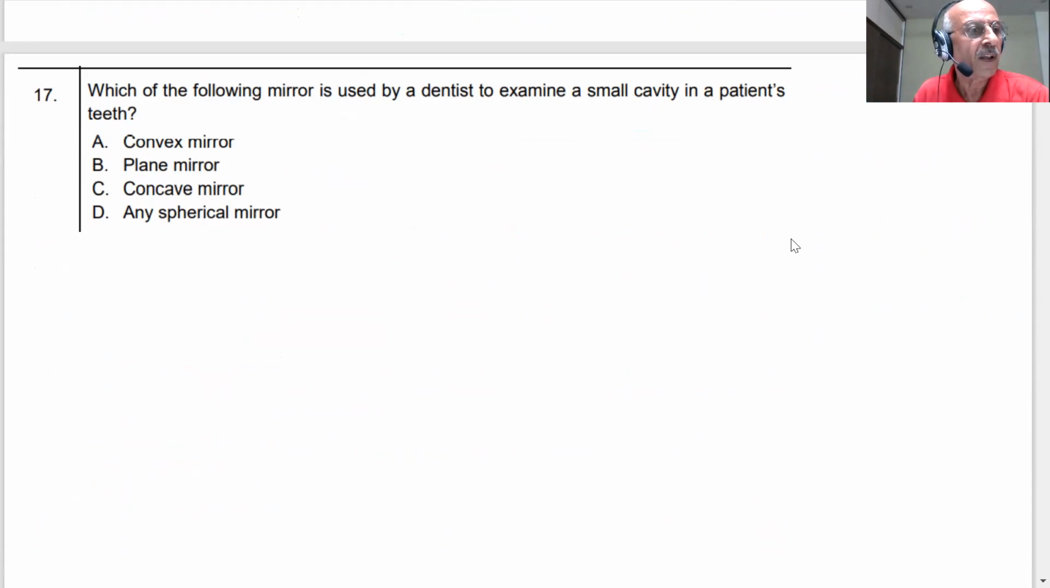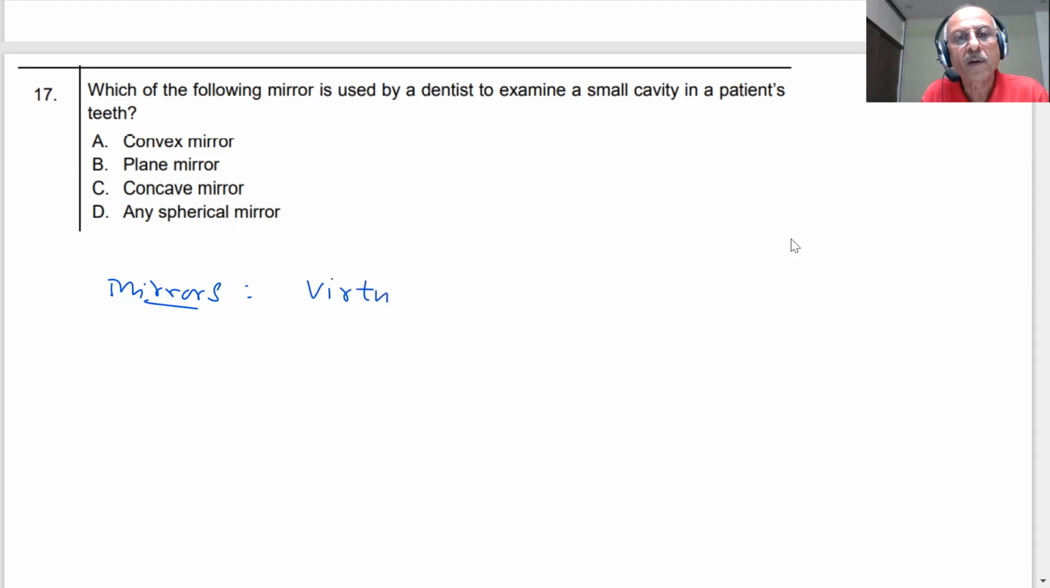Next question, student. We are coming to the next question. Which of the following mirrors is used by a dentist to examine a small cavity in a patient's teeth? Now, student, when we discussed the mirrors, we showed you there is a mirror which can form